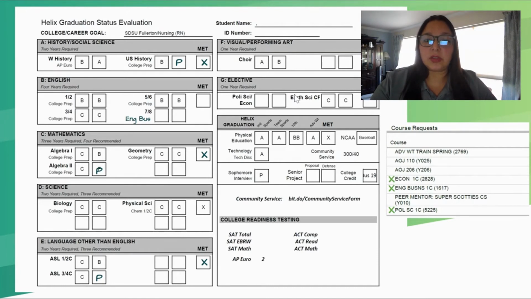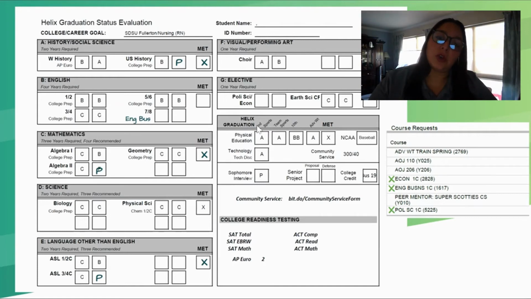Once the student successfully passes those classes, the met box will be checked off. If we continue on to the courses that are required and other requirements outside of the A to Gs, you'll see that the PE requirement has already been fulfilled, either by taking an actual PE course. So all students are required to take 9th grade PE, and you'll see this listed as individual sports and team sports, or one box worth of the graduation requirement, the equivalent to 1 semester, can be fulfilled by participating in